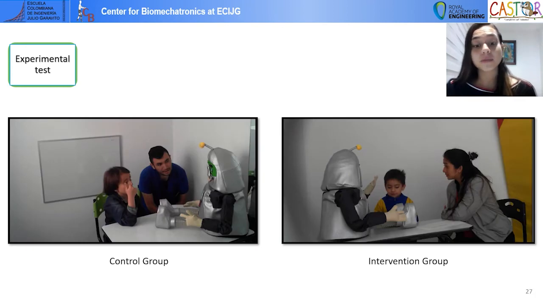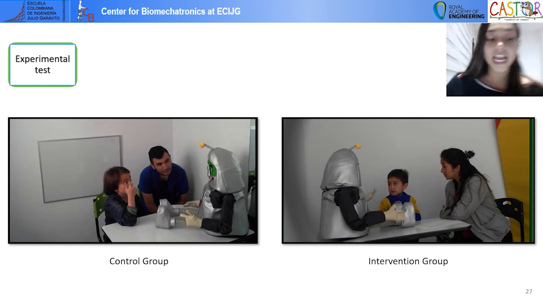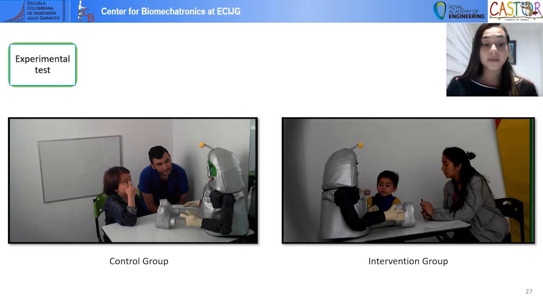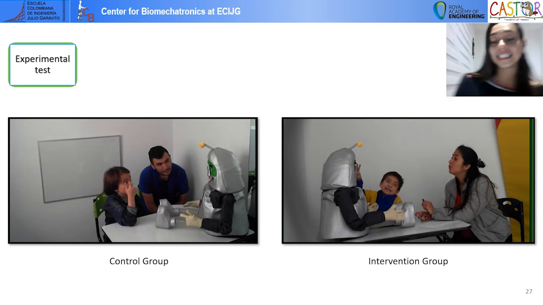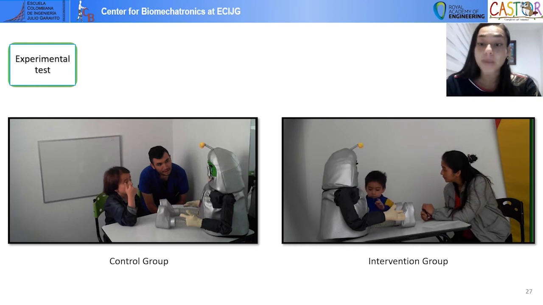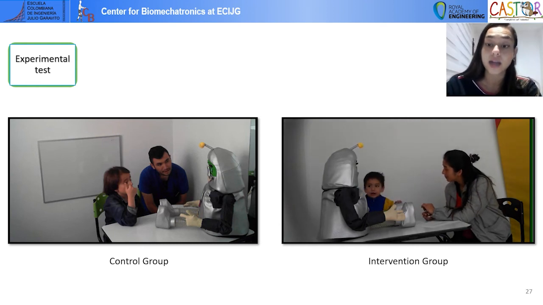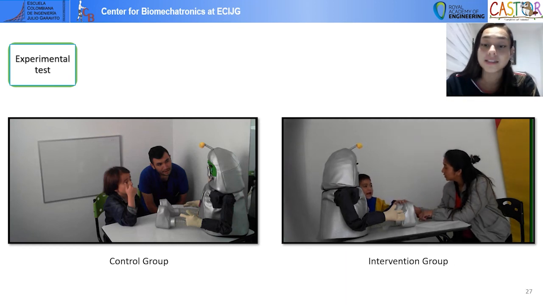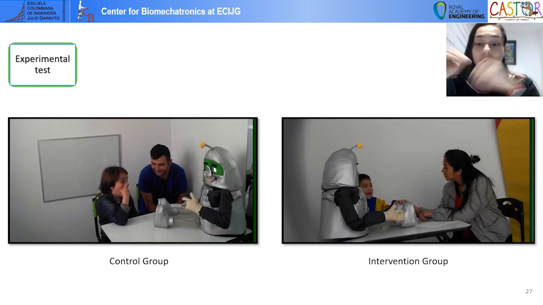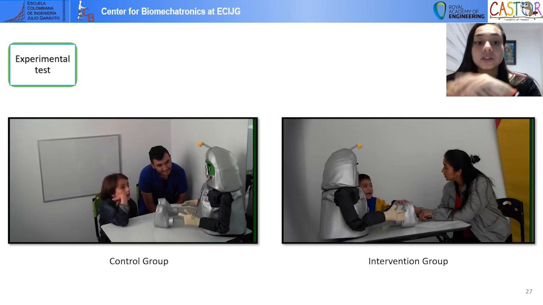Now, the difference between the groups was that the children in the control group could not have physical interaction with the robot. Therefore, the therapist had to stop them if they intended to touch the robot. In contrast, the intervention group was free to touch CASTOR whenever they wanted. As we can see in the second video, in the intervention group, the child is free to touch the robot whenever they want. But in the control group, the child performs the activity but cannot touch the robot. Still, we can see the motivation or the interaction of the